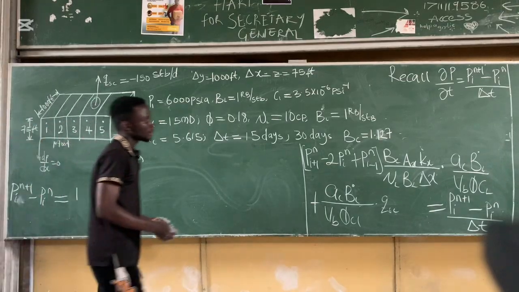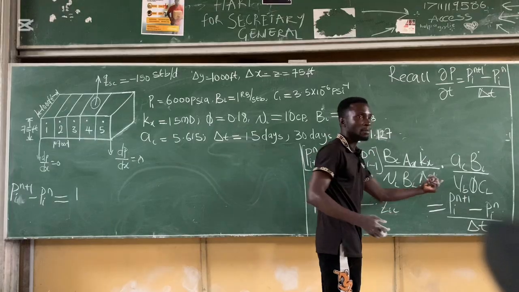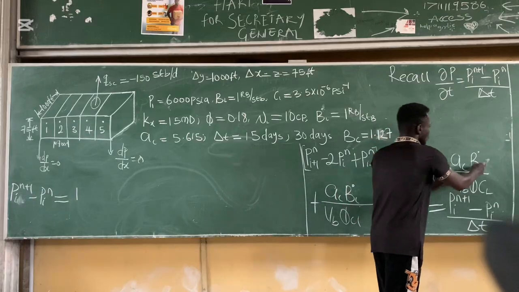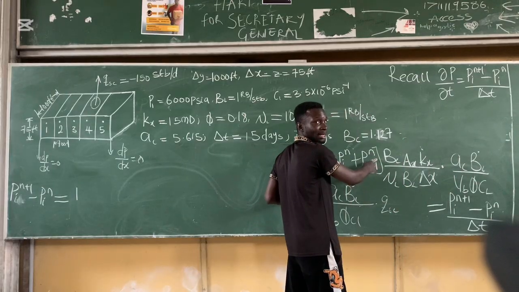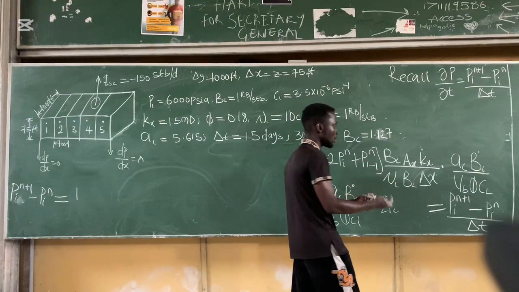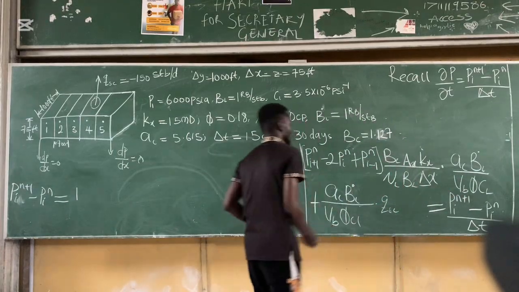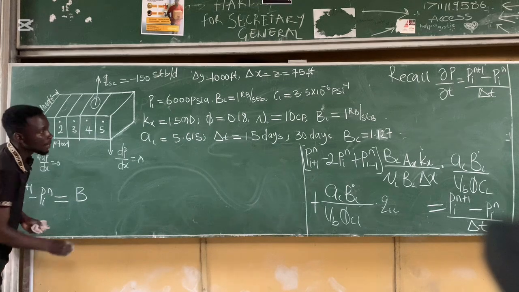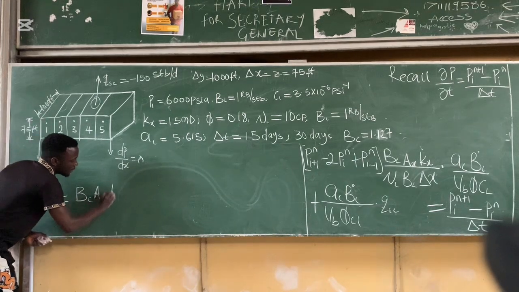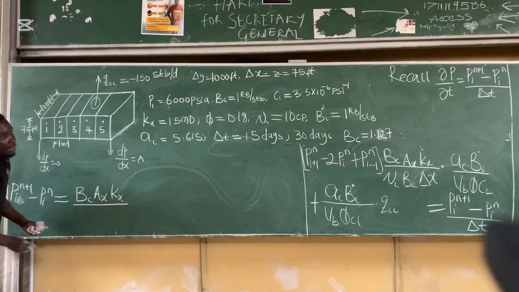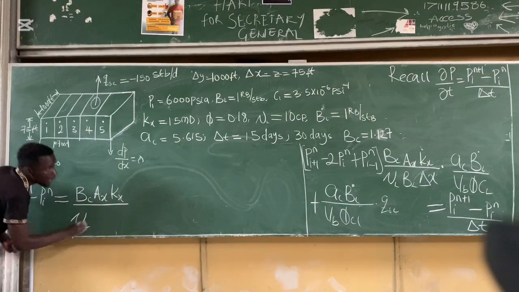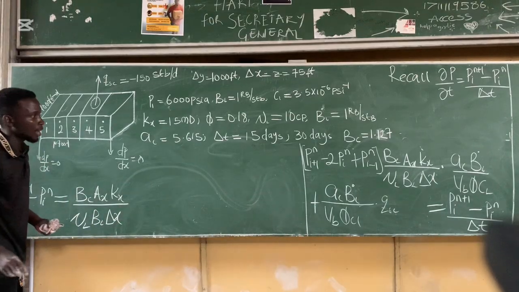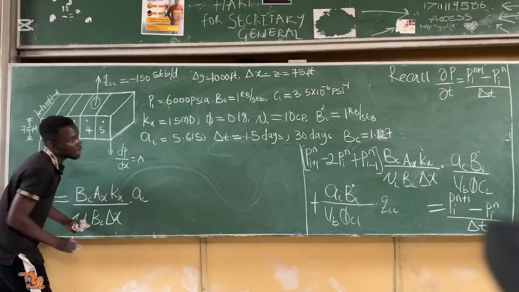Okay. Let's write the constant first before the pressures. So let's take these two constants before the pressure. Are you getting me? It's still the same thing as long as they are multiplying. So we take this one first, before the pressure. Then if we do that, this is equal to what? B_c A_x k_x divided by mu L B_L delta x. We're going to have this multiplying